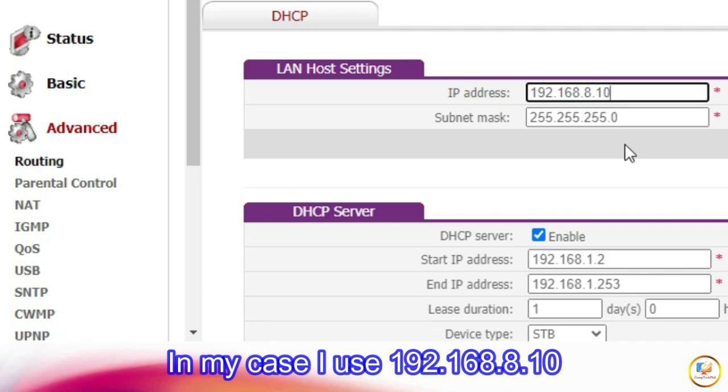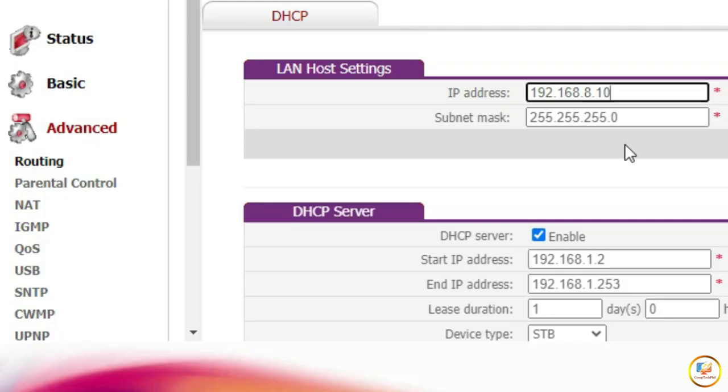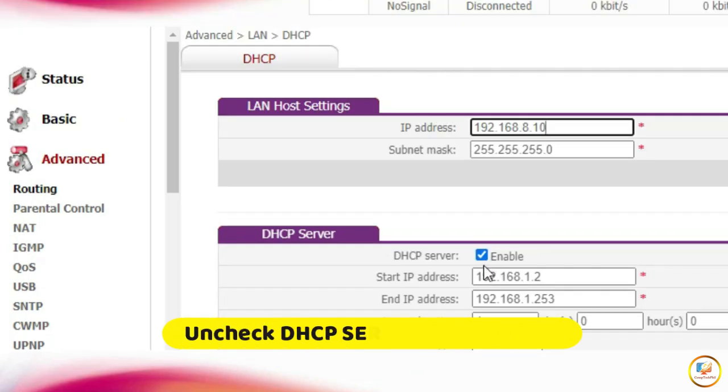Make sure to disable the DHCP server because this router is not the main server, but the access point.